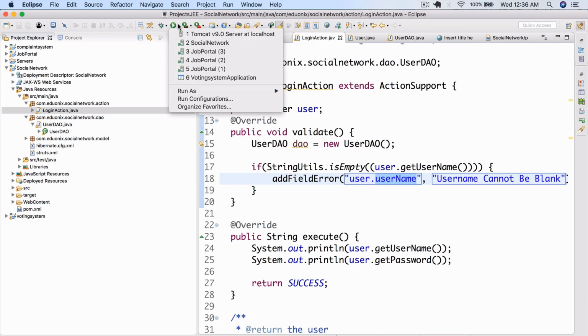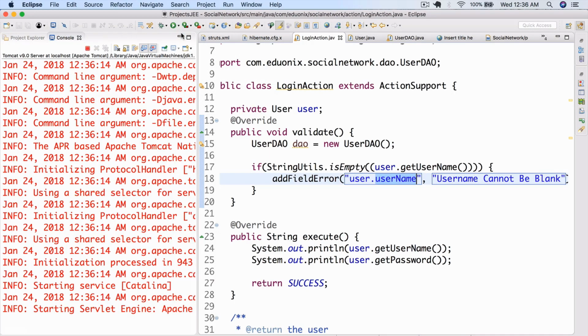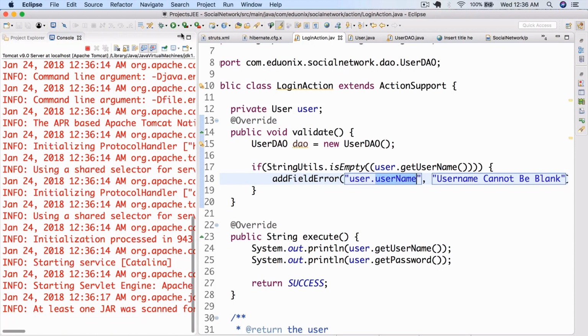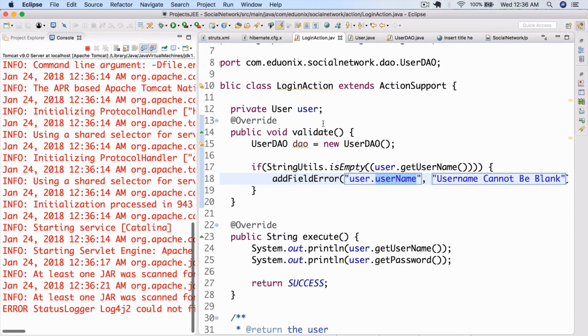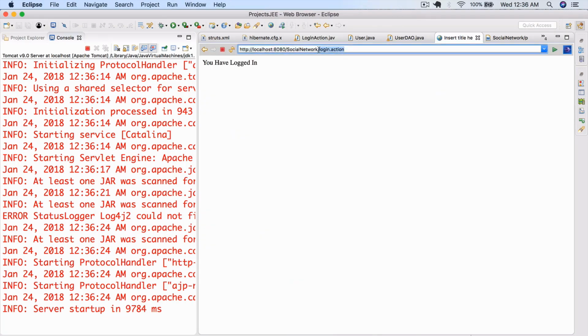Let me go ahead and show you, because I think it's really cool how in order to just add validation, you just have to do user.username, and username cannot be blank. And even inside the view itself, in the JSP file, it'll add the error to the correct field. So let's test this out. Let's go localhost 8080 social network. Now in username, if we try to put a blank username here and submit,